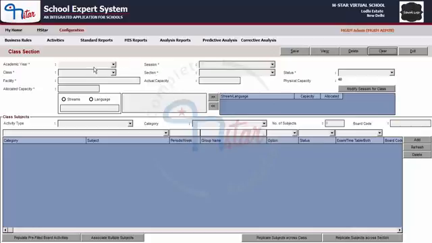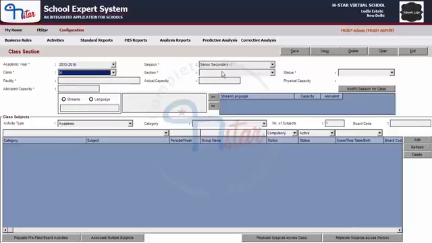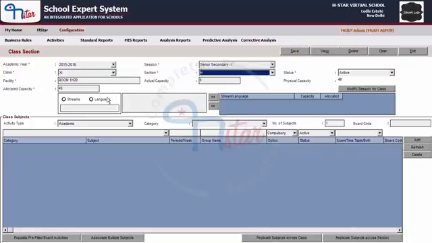So, to associate the stream, click on the academic year and select the academic year. Select the session. Select the class and select a section which has already been defined. So the details of the section appear on the screen, and now click on the option next to the streams